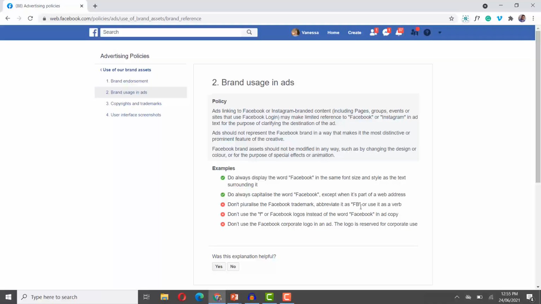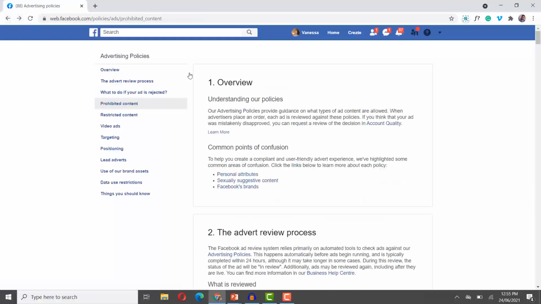Do not pluralize the Facebook trademark or abbreviate it as FB, or use it as a verb. Do not use the F or Facebook logos instead of the word Facebook in the ad copy. Do not use the Facebook corporate logo in an ad. The logo is reserved for corporate use only. So those are some of the things you want to